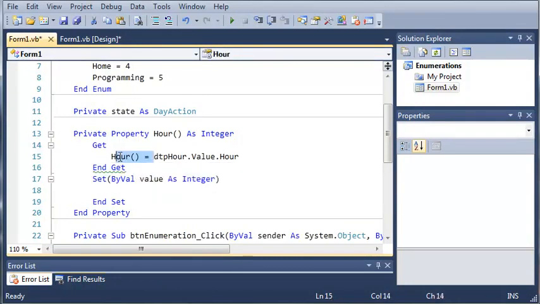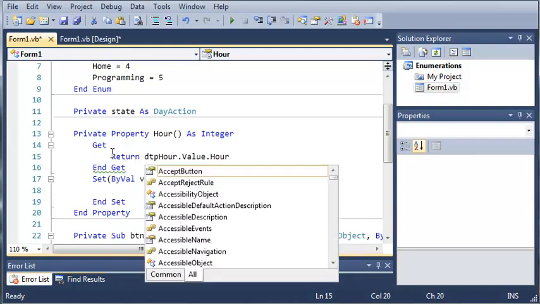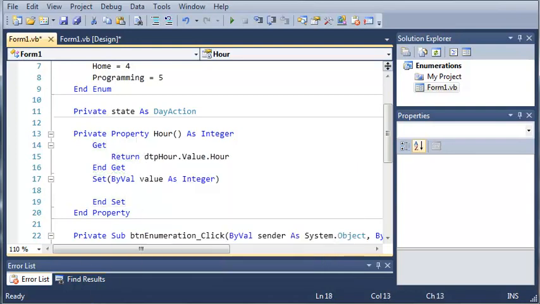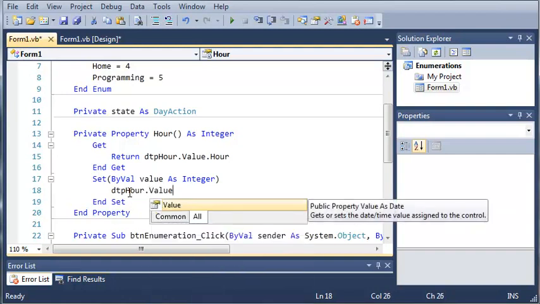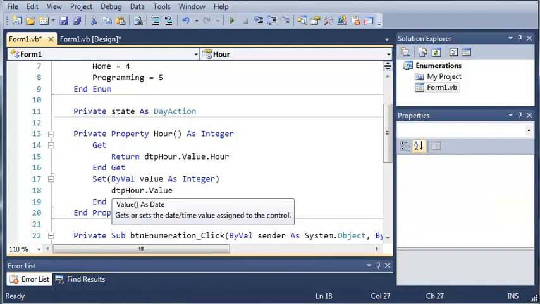So we'll just go ahead and put return, and now what we have to do is create a set function. You can see it's already created for us, and we've got by val value as integer. So whenever somebody calls set, they're going to have to give it a value. So what we're going to do is we're going to set the date using the hour passed to this property. So if they give us an hour, we're going to set that hour. So we'll just go ahead and type DTP hour dot value. So what this is going to do is it's going to set the value of DTP hour, and we're just going to set that equal to